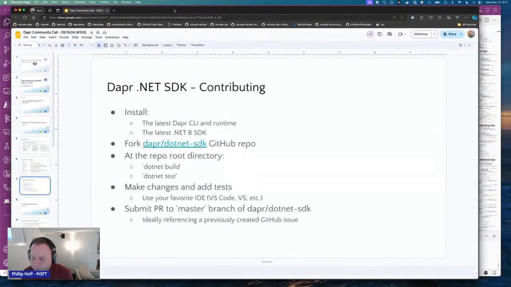All right. So in terms of contributing to the .NET SDK, it's fairly straightforward. Install the latest Dapr CLI and runtime. Today, that's Dapr 1.13. Install the latest .NET 8 SDK. That will let you build against all the other down-level targets of .NET that we support. Create a fork of the Dapr .NET SDK GitHub repo, and then it's a simple dotnet build, dotnet test to